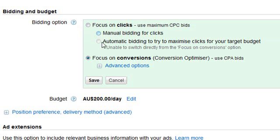over your campaign. That's why Google allows us to use the automatic bidding to try to maximize the clicks for your target budget, which means, hey, we appreciate most of you want people to arrive on your website, because the more people you can put through your website, the more money you're going to be able to make from them, hopefully. In most cases, this is the truth. And so with automatic bidding, you're saying,